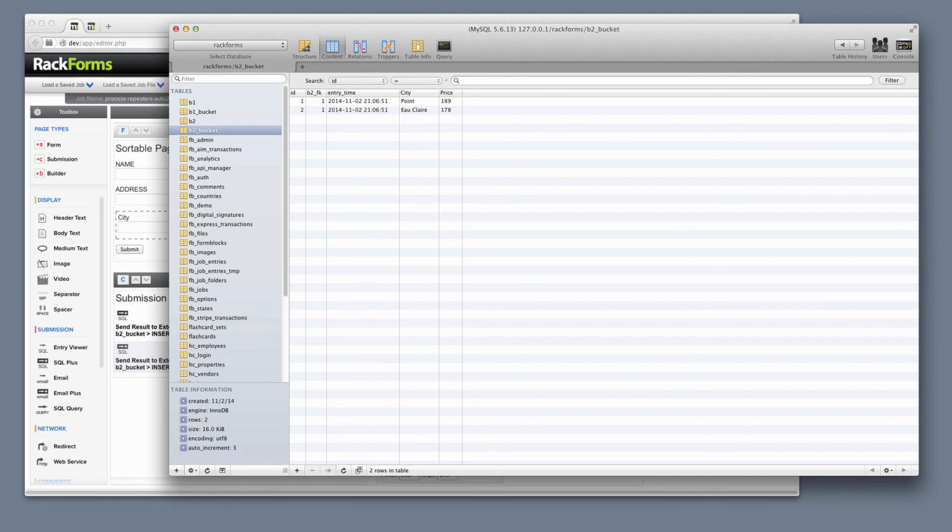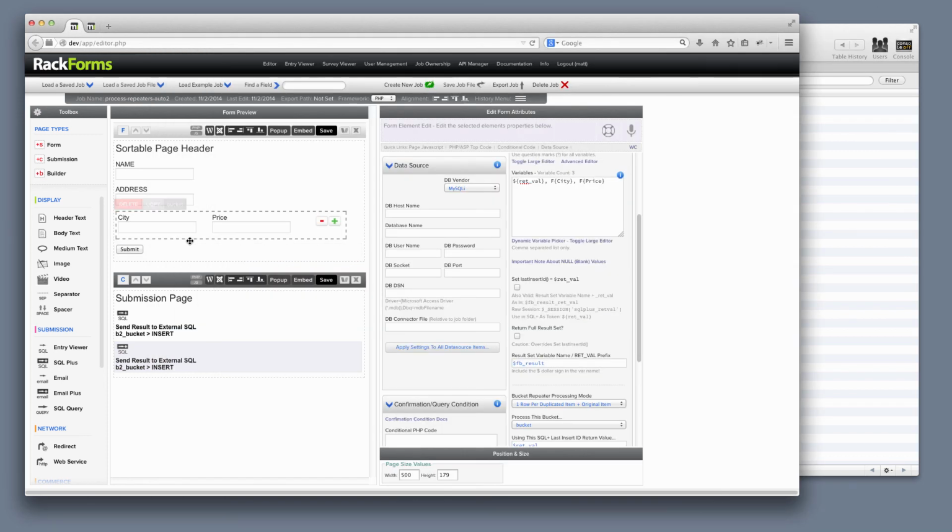So that's basically it then. I do want to say that this functionality right here, that is the ability to process bucket repeaters, is new as of November 1st, 2014. So if you have an older version of RackForms, say before build 836, you're actually going to need to update before you get that functionality. Provided you do though, like I say, it should be pretty easy to go ahead, right click, and create that